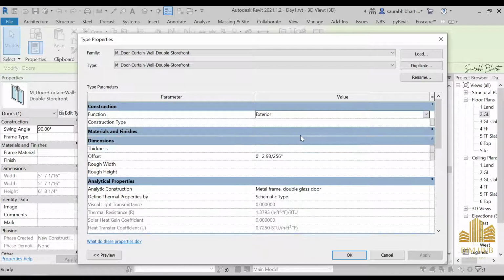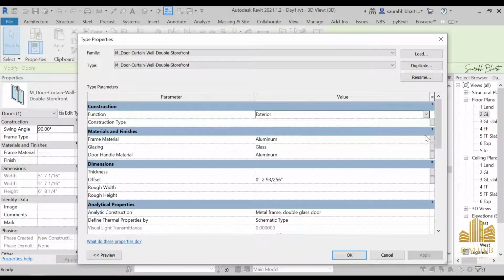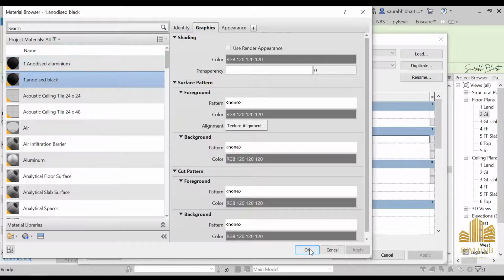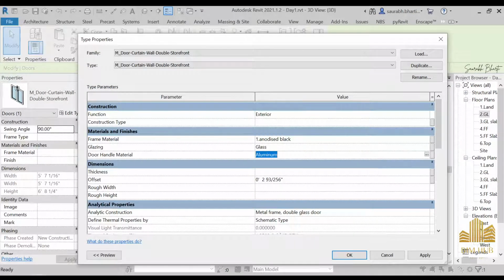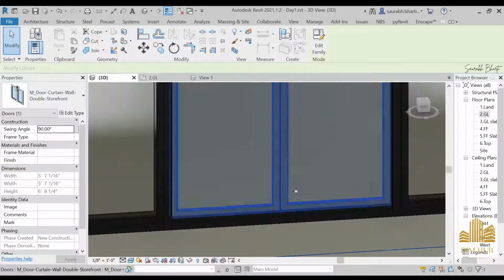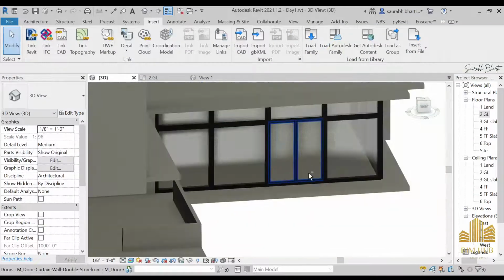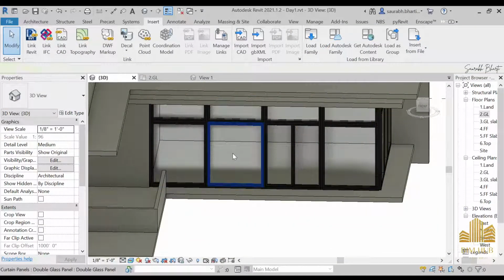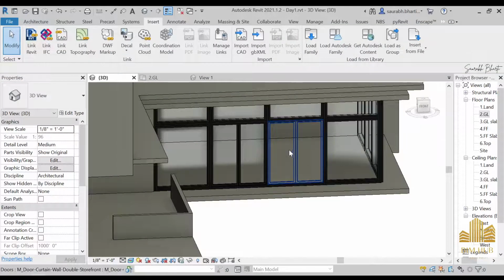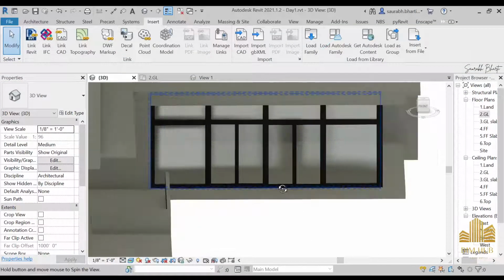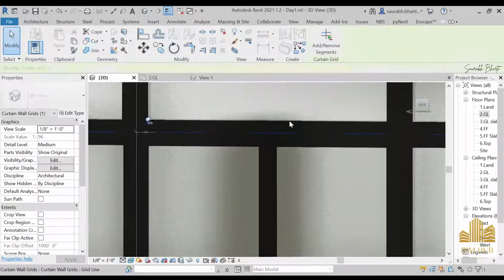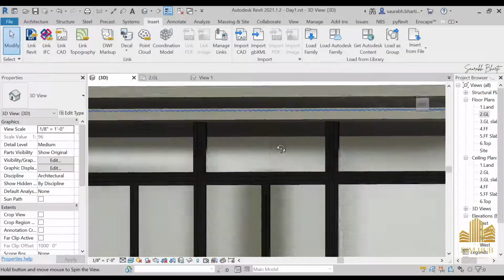Go to edit type, and here also let's try to change it, and if you have anodized aluminum or anodized black, you can select it, and the door handle is also a black color only. So yes, we just made it. Yes, this is fine. And over here also let's try to give the same door. So now we have this door in the middle of this,